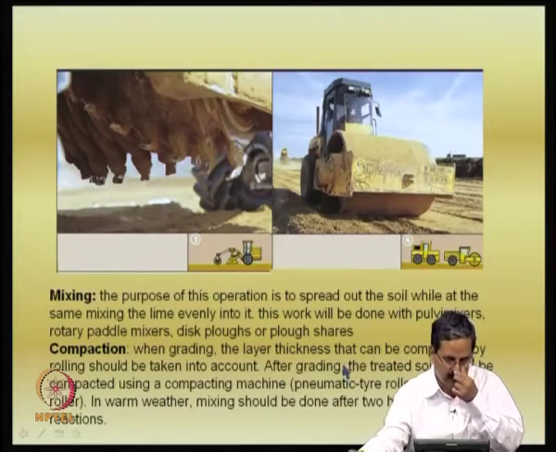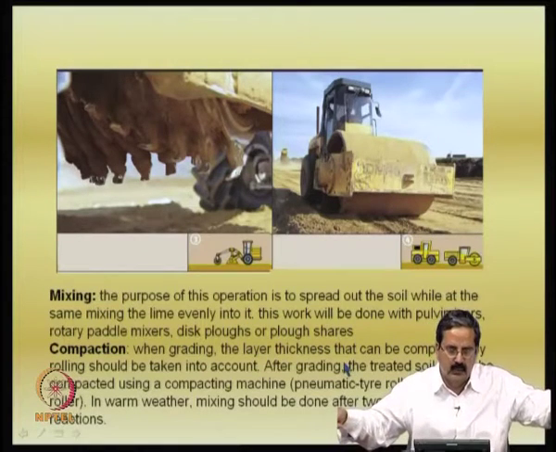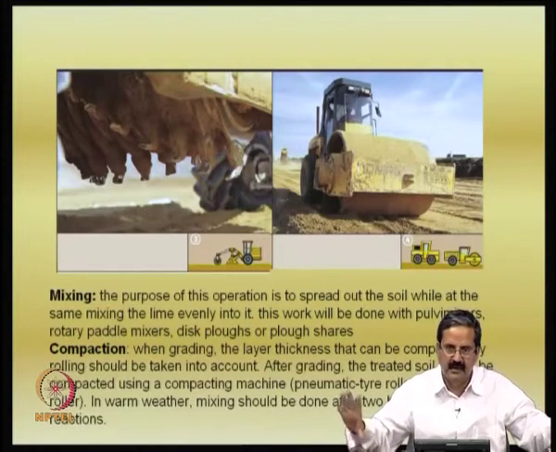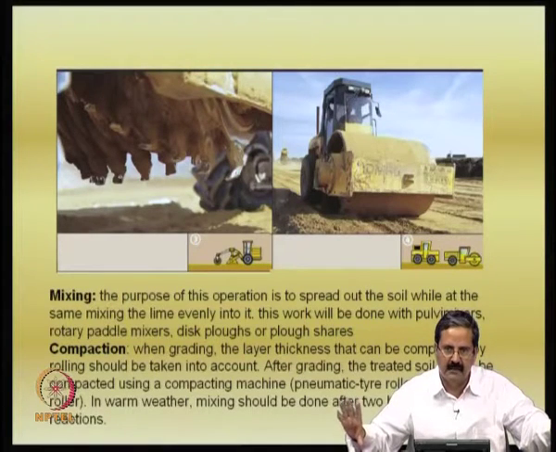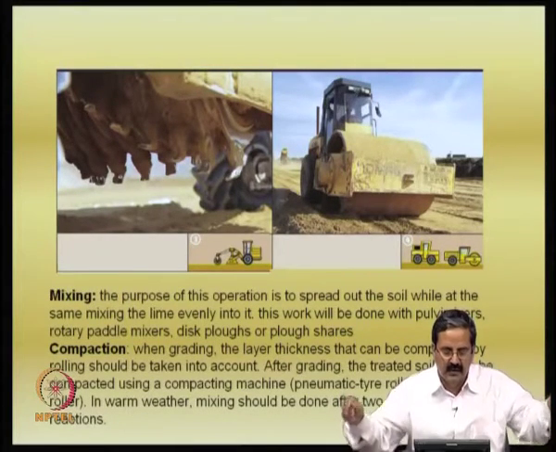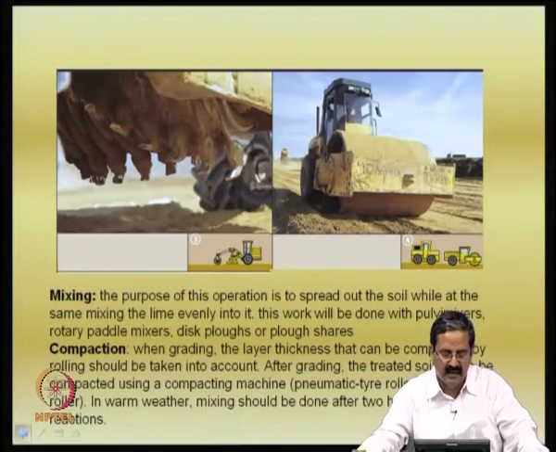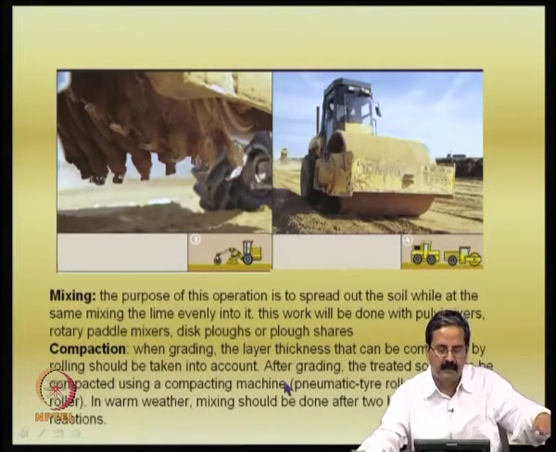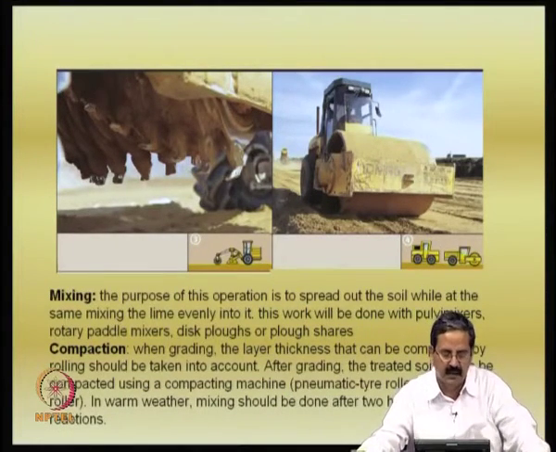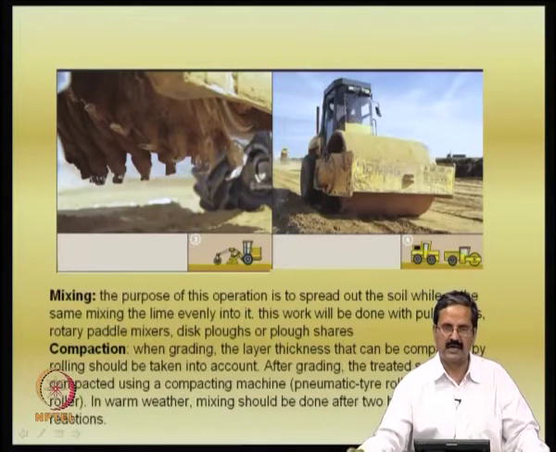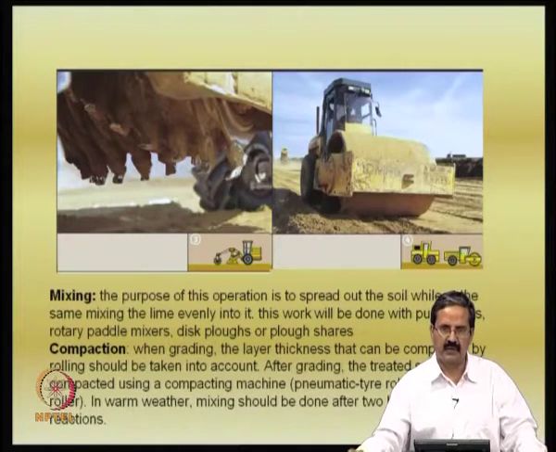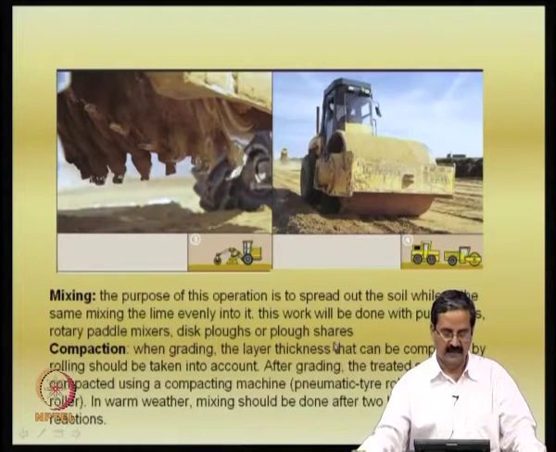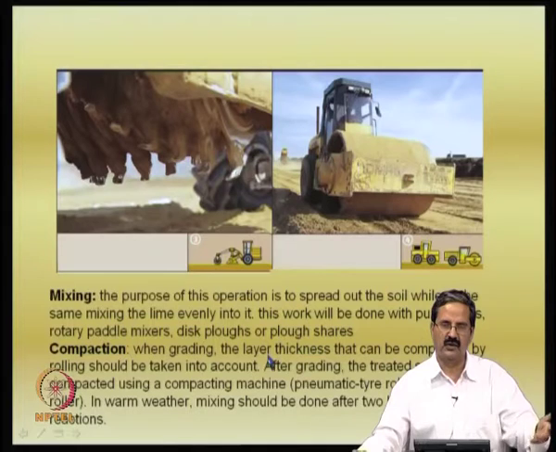and after grading, once you put a tape and see that the thickness of the material put was about say 300 or 400 mm, then you put the rolling there and do it, and the compacted thickness may come down from 400 mm to 300 mm. That could correspond to the maximum dry density and optimum moisture content using the lime. Okay. So, that is what is important, and once you achieve that it is fine, the road is ready, and then after that you can go for subsequent layers.